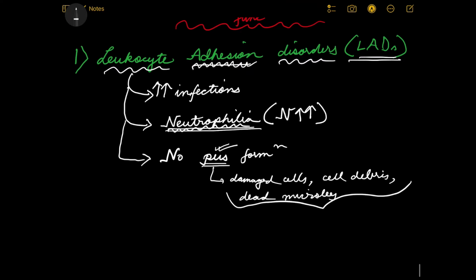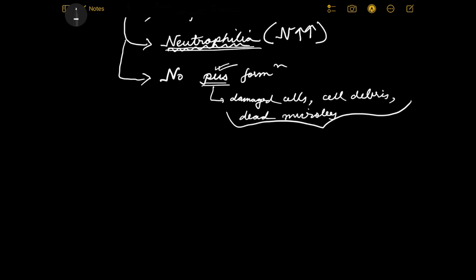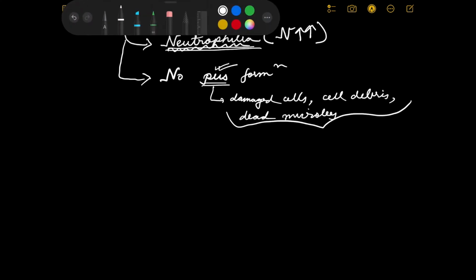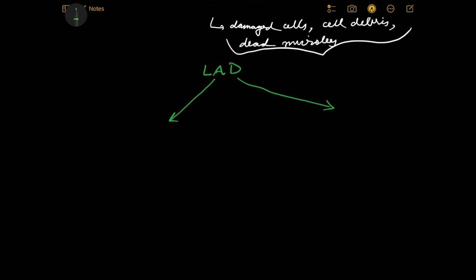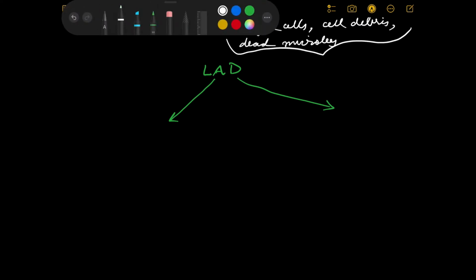But there is a but to this. Depending on what deficiency you have, do you have a defect in integrins or do you have a defect in the selectins, the sialyl Lewis X molecules? Depending on that, leukocyte adhesion disorders are of two types. Okay? This is pure information. This is not a very obvious thing, or common sense or stuff like that. This is completely information. So one of them is called obviously